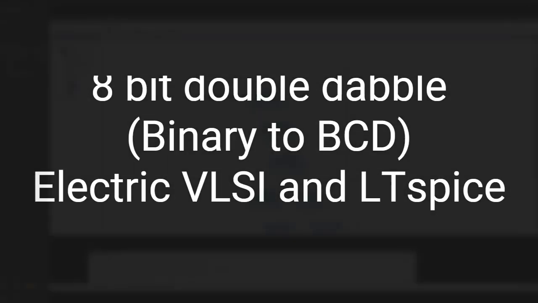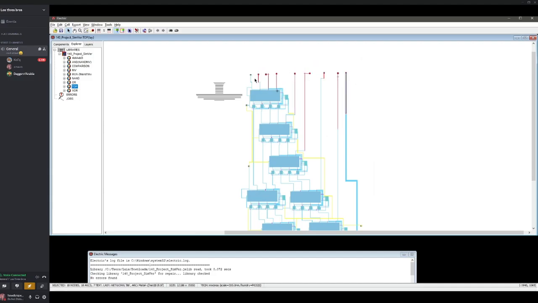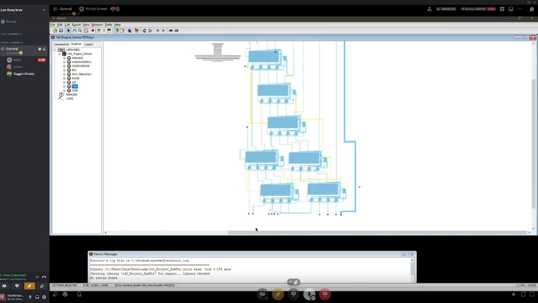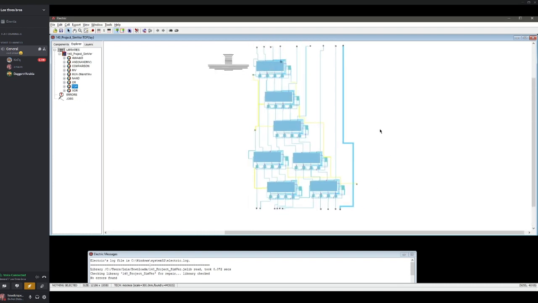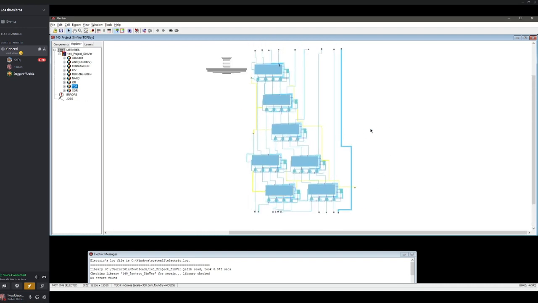The 8-bit input right there, and then the output of our logic diagram. The first 2 bits are for the hundreds digit. The next 4 bits are for the tens digit, and the last 4 bits are for the ones digit. So how this algorithm works is that there is a series of conditional adders, and at every instance of the conditional